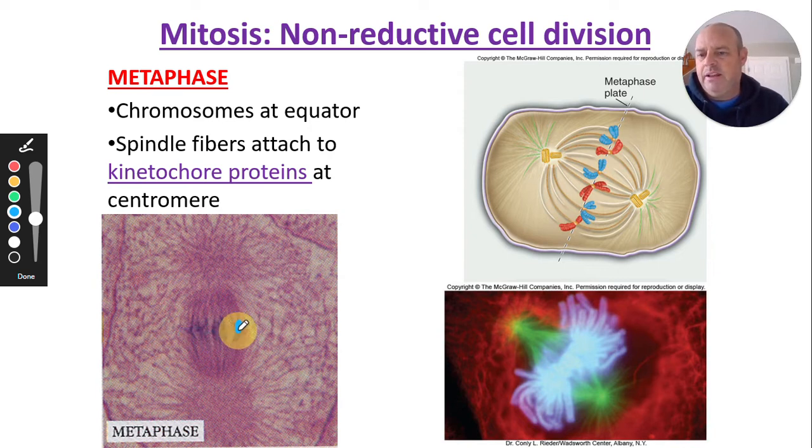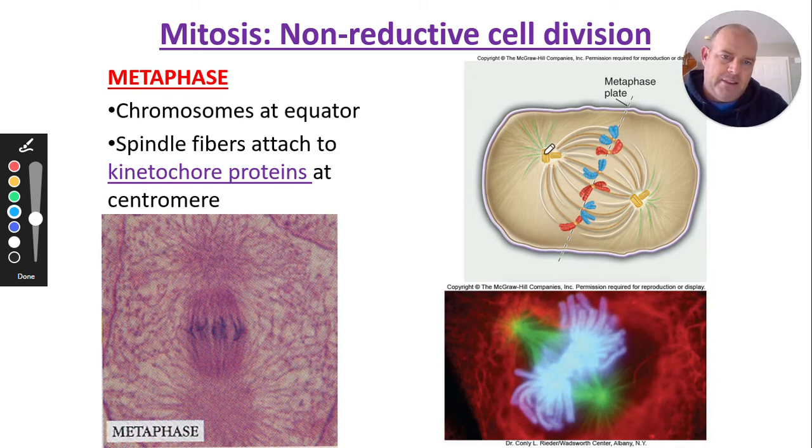You know this is the DNA because it's the darker stained stuff. Okay, so all that right through there, and it's all lined up at the middle. If we go to our cartoon over here, all the centromeres are pretty much lined up along that line right there, right along the middle of the cell. And this allows the spindle fibers to attach to all of them and then hopefully pull them equally toward the different poles of the cell.